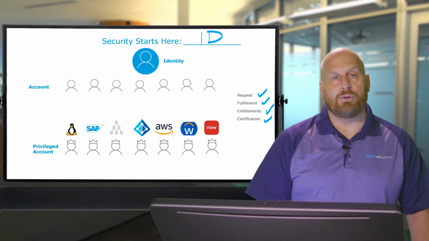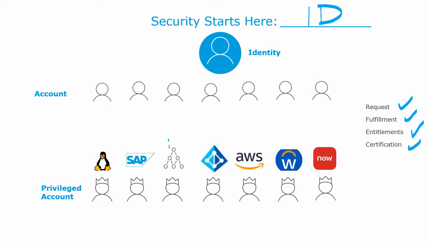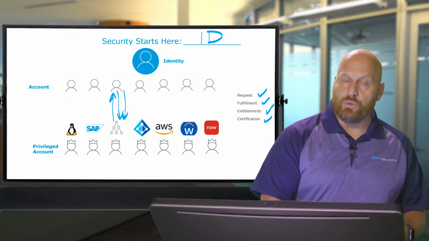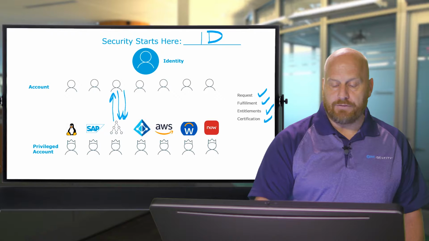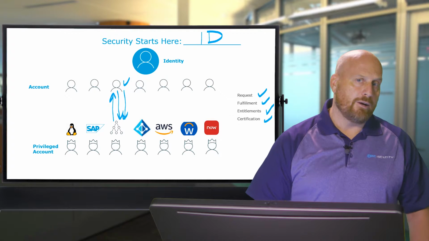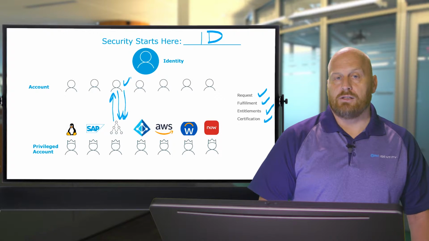So let's walk through how this would happen with Active Directory. So new person's hired, somebody has to go in and request that the new person get their Active Directory account. Then that request somehow gets to some guy in IT. He's going to go in and do the fulfillment or the provisioning to put you in the correct groups and all that stuff so that you can do it. And then as they do that, there should be some concept of entitlements. So what are the permissions, what are the rights that are associated with that account, so that what can you do, what can't you do within those. And then somebody's going to have to do the certification at some point to say, yeah, all that stuff happened correctly. So that's a pretty cumbersome process, especially in multiple systems.